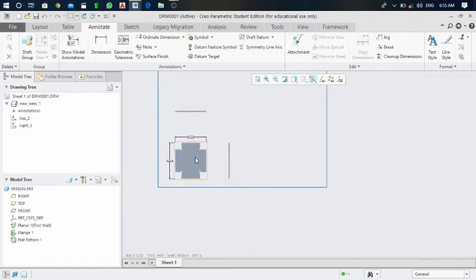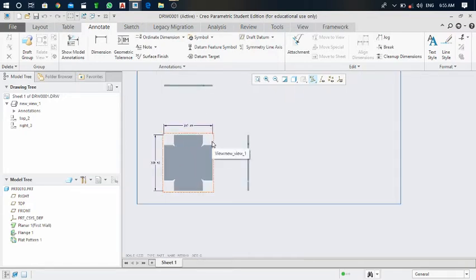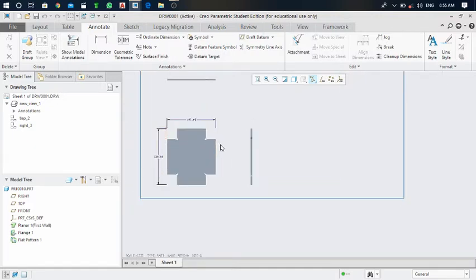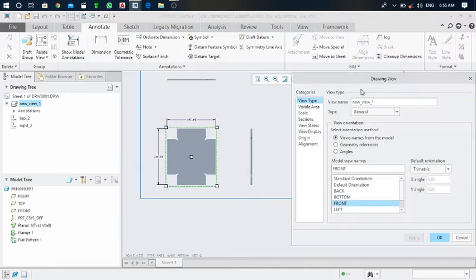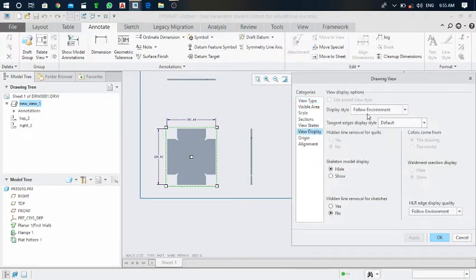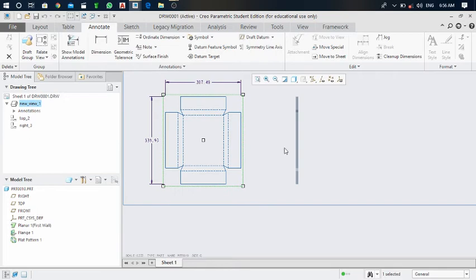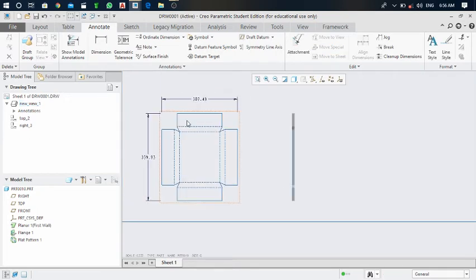We have missed one. We have to make this in the proper drawing format. Okay, so click on this again and edit this. Drawing view will appear here, and for changing display, click on view display, and in display style make the display style as no hidden, and in tangent edges display make it as phantom, and apply and okay. Okay, now it is very good to understand this.